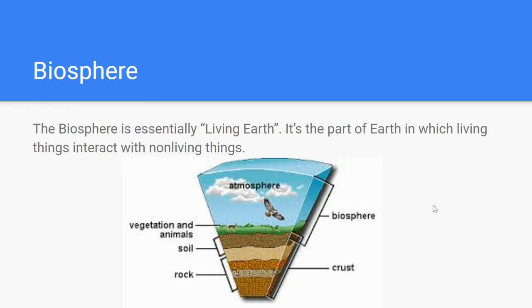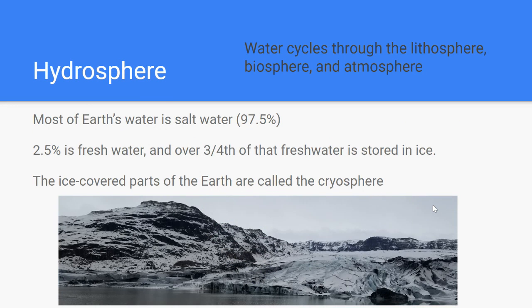The last sphere we're going to talk about is the hydrosphere. As water cycles through the lithosphere, biosphere, and atmosphere,